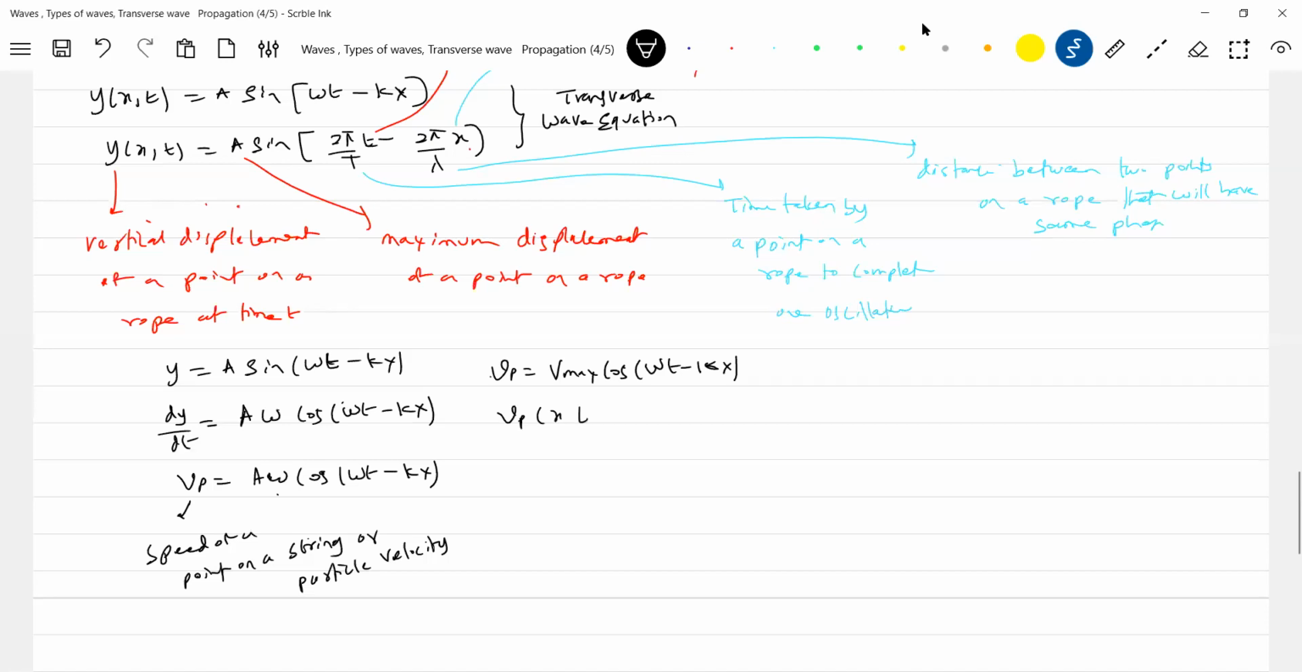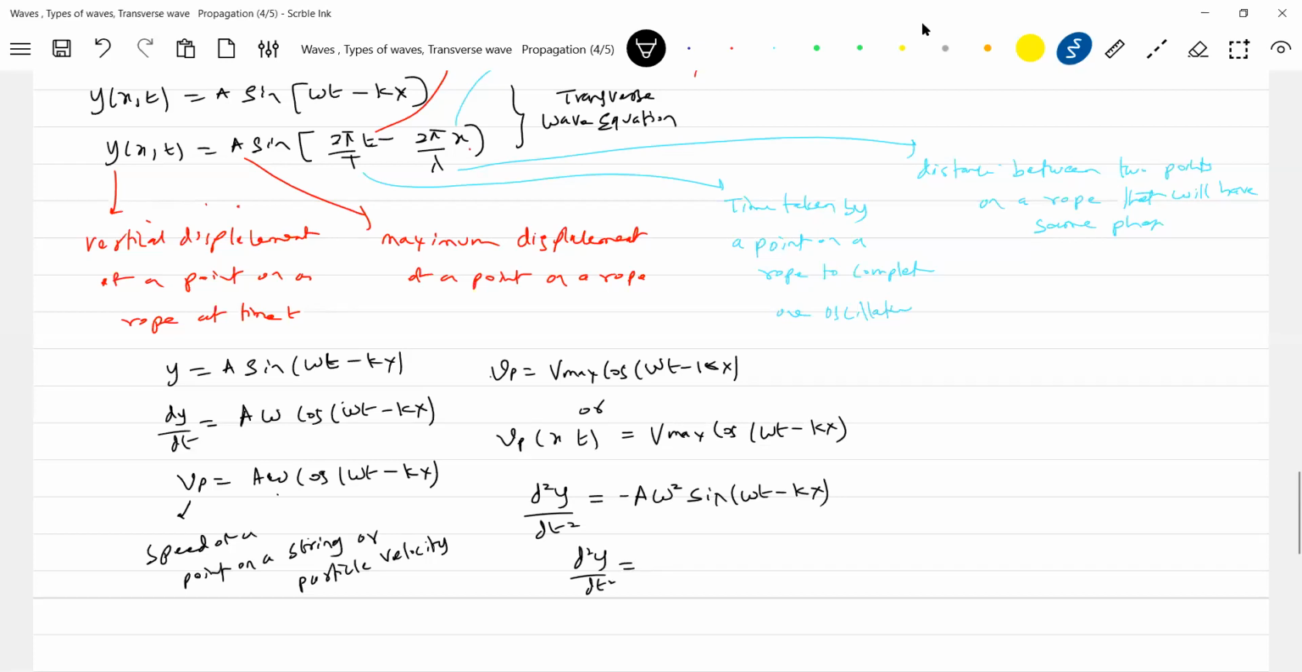This is a still better form. Or I'll write it so that you will not get confused, you'll start thinking the two are different. So we can write. Now let me differentiate further: d square y by dt square equals minus a omega square sine omega t. I can write it as this, the acceleration